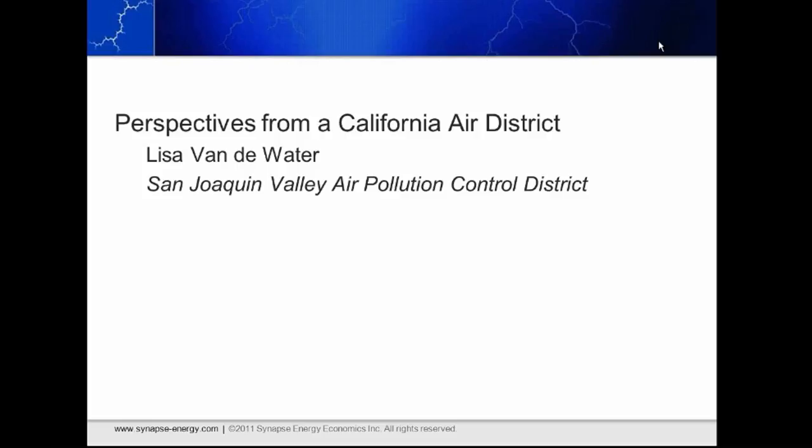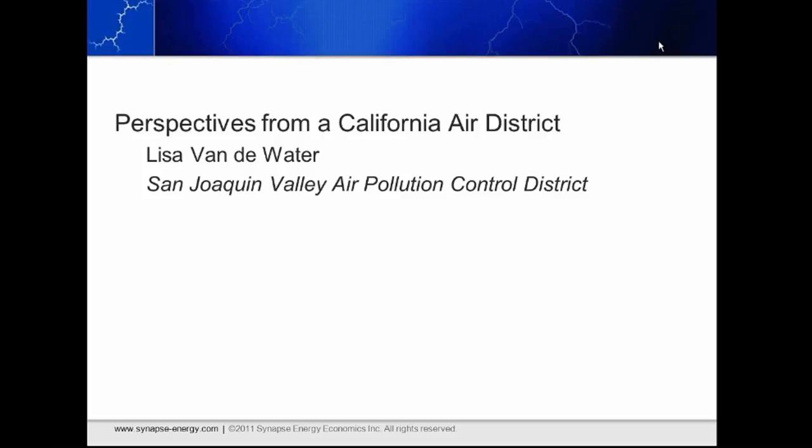And we think of our air district as a big district, but when we're talking about where all this energy is coming from, it is quite small compared to the western region where potential energy resources are coming from.